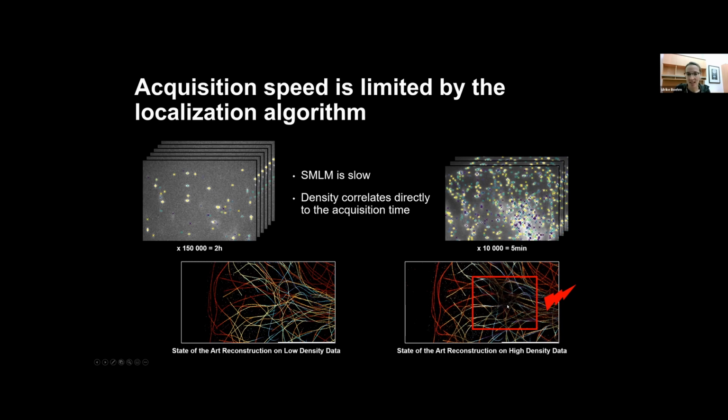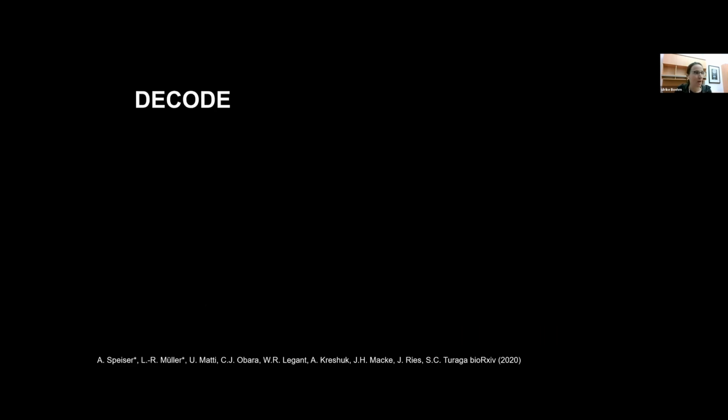And therefore, it's quite typical when an algorithm cannot deal with a high number of single emitter signals that you suddenly see it becomes darker there. Usually it should be brighter, right? Because you have more stuff there. But it's darker because the algorithms can't deal with that stuff anymore. So they usually kick out these so-called insufficient localizations, and you end up with these very weird structures here. And Srini and his collaborators have now developed Decode, and Decode is nothing else than a deep